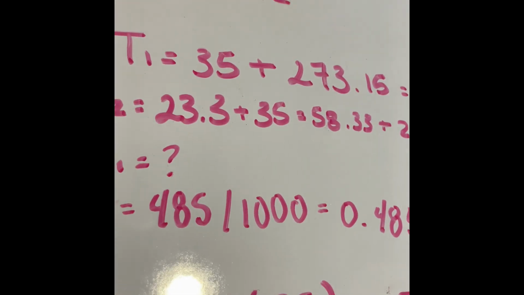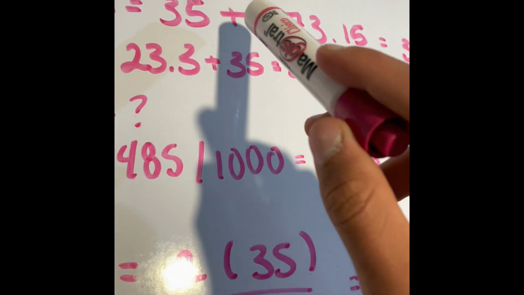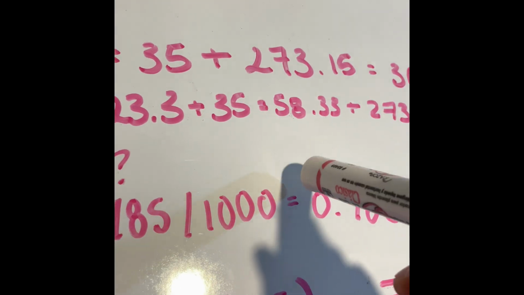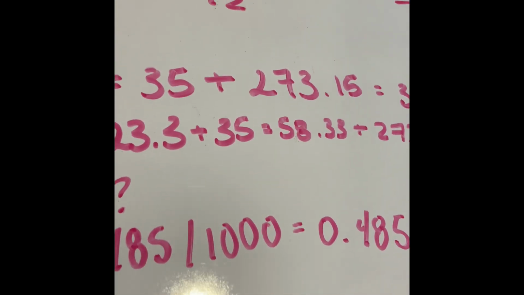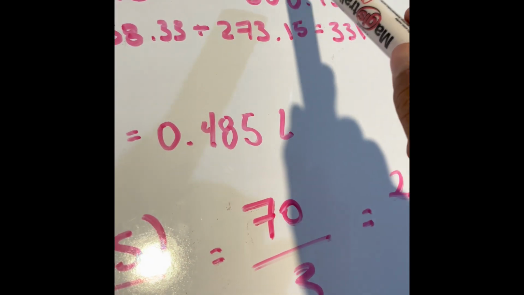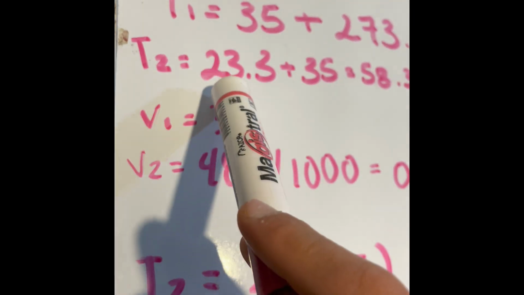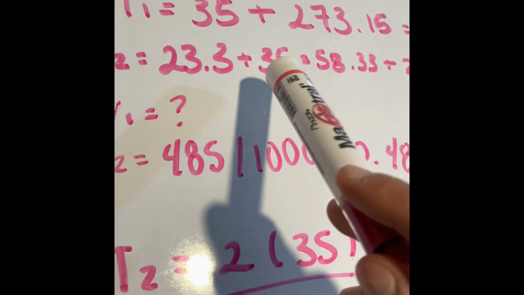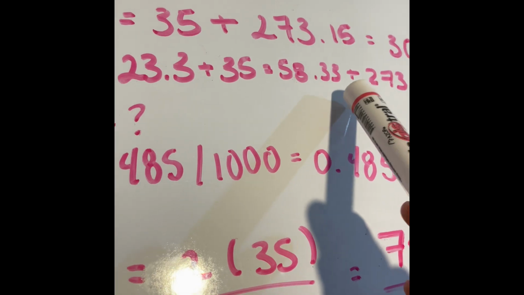T1 is here, we need to find out that the initial temperature is 35, so we have 35 plus 273.15, so we can change it to Kelvins, is 308.15 Kelvins. Then we have T2 equals 23.3 plus 35, and it equals 58.33